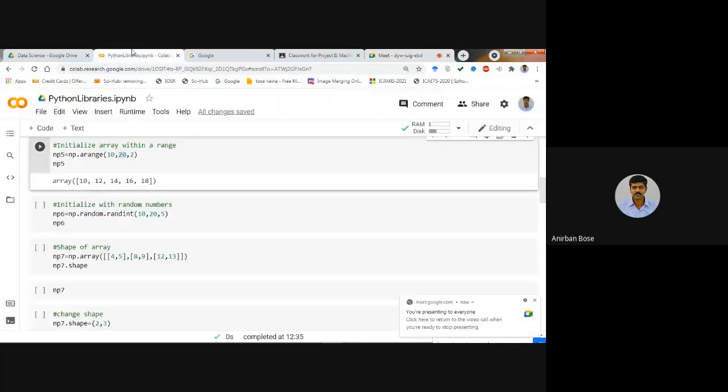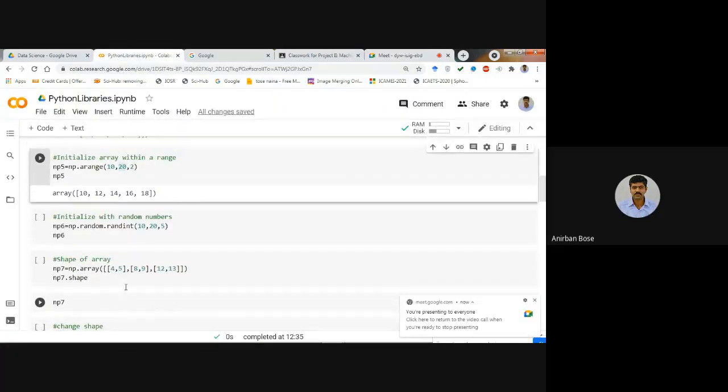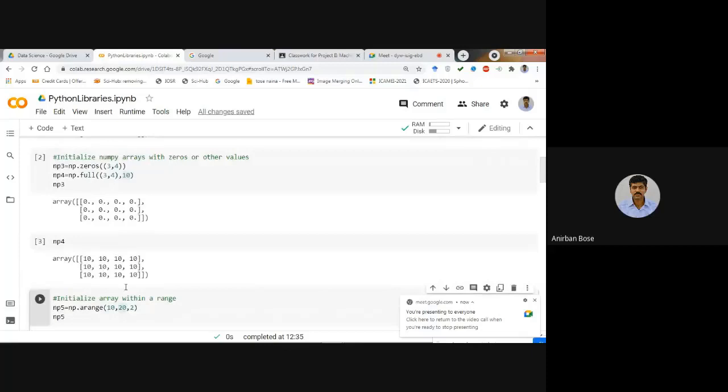Actually, it is showing in the form of a list, right? That's why it is showing in that way. It is showing in the form of a list. That is why this comma is coming. But when you are going to do some mathematical operations or something, in that case, all these things will be taken care of. Your problem is with the visualization, right?